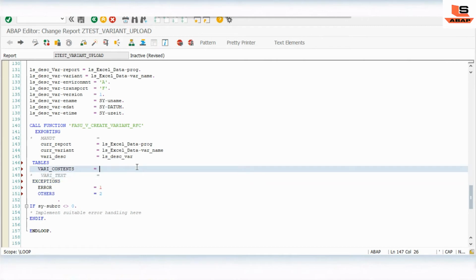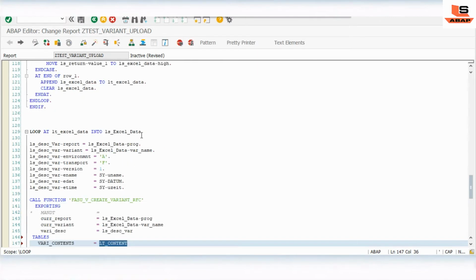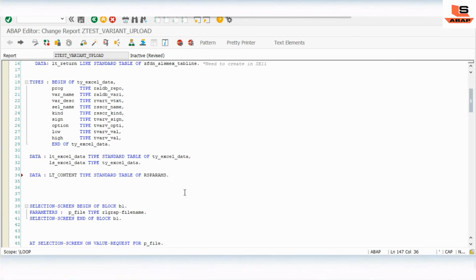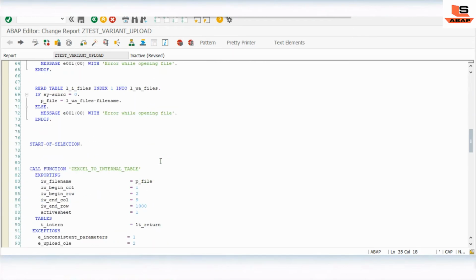Description, no need, multi content. Okay, and we also need to define a work area for it, ls_content type the same structure. Okay, so now we just need to populate this table.